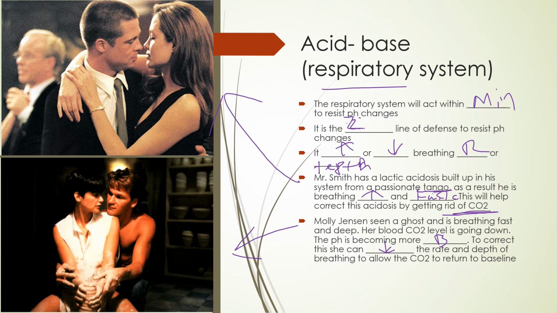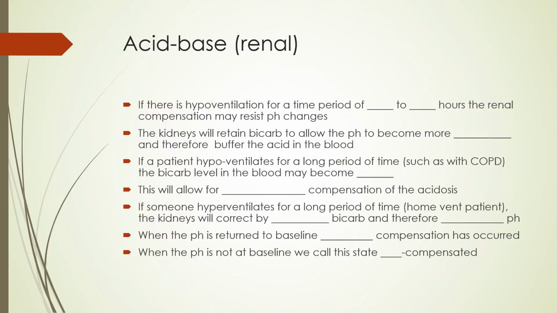So hopefully those little scenarios helped you out a little bit. One's a hyperventilation, the other one is using it to correct, both of them are using it to correct pH, right? And I'm just trying to give you two scales of what you could see out there. I love those examples. All right, so when we're moving on to the renal system, remember this one is the